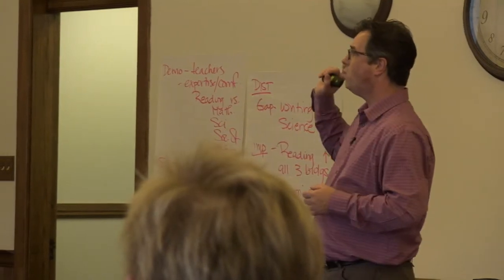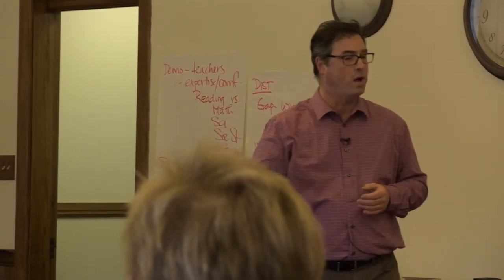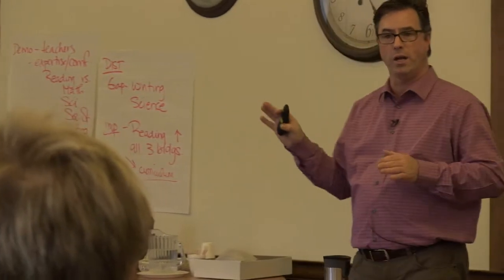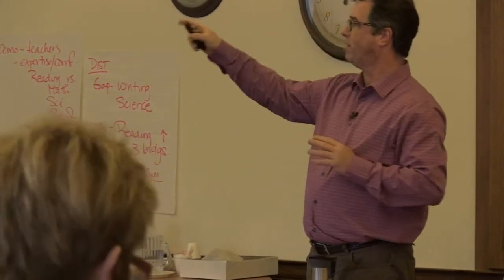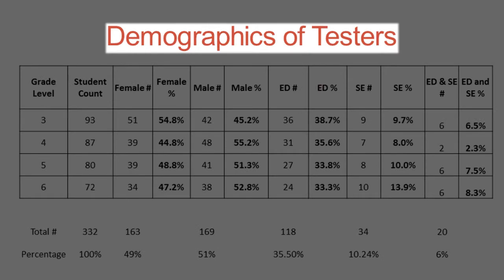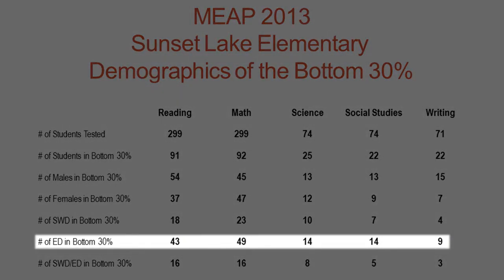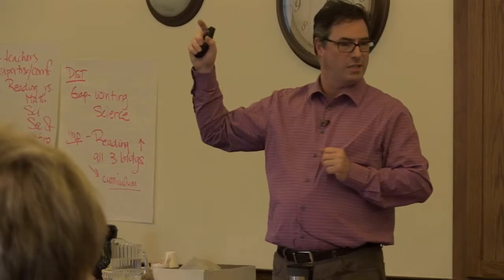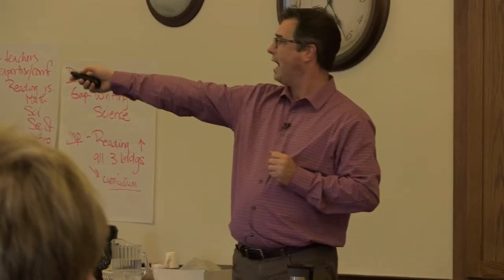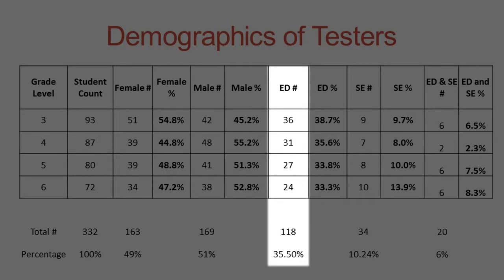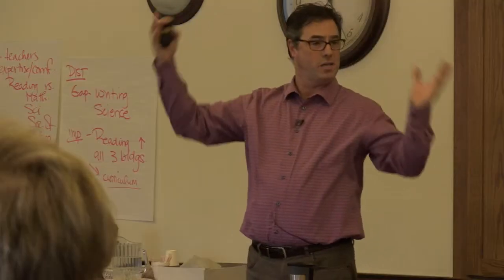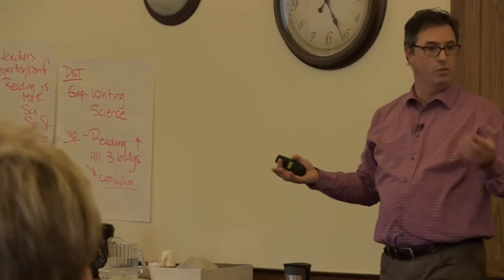All right. So when we look at the demographic, I want us to be really clear on what the relationship is between that and your achievement data. For example, if we look at percentage of economically disadvantaged in the bottom 30%, this is where it gets a little bit weird because we've not really looked at it this way before. Yes, there were 118 students, or 35%, of those tested who happen to be children who live in poverty.